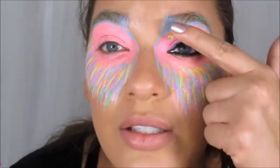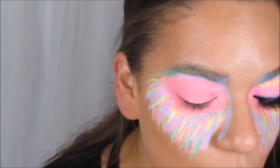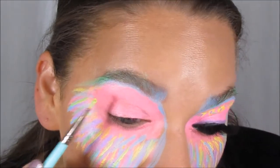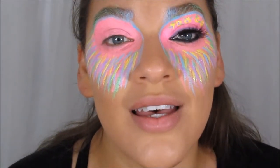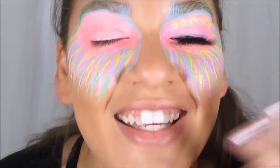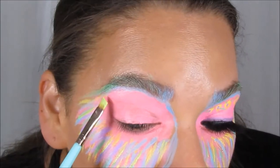And then I did little faux flowers across right here. So I'm going to just do like little circles. Okay, it's not even going to be super specific because we're going to a festival, a rave festival for our tribe. And I wouldn't put it past them, okay? But, you know, we're going to just do this, okay? So